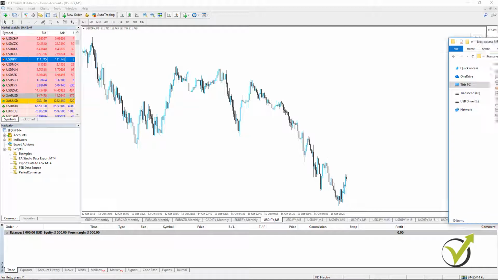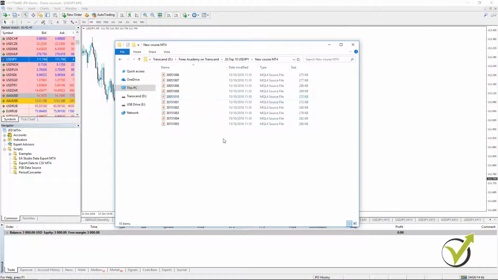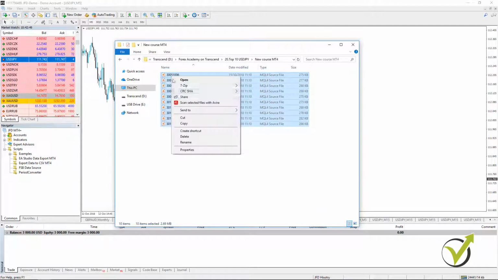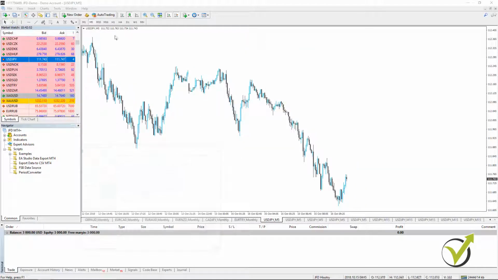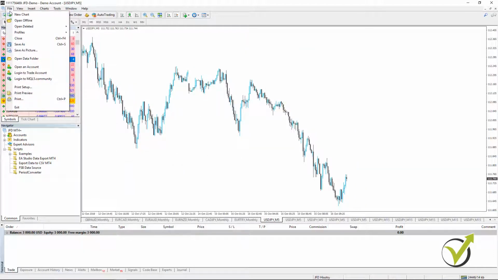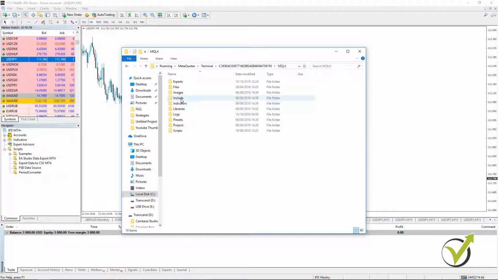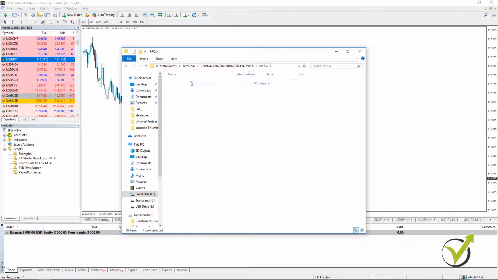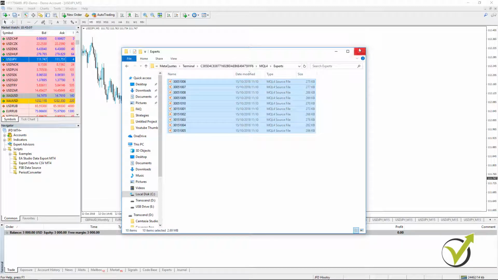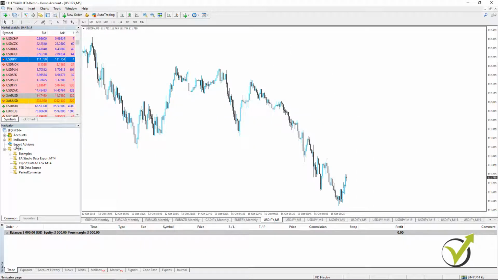So once you download the expert advisors, what you will need to do is copy them and go to File, that you see on the left up corner, and you go to Open Data Folder, and then you go to MQL4 and you go to Experts. So this is where you need to paste the expert advisors. Close this folder and right mouse over Expert Advisors and click on Refresh. This will force the MetaTrader to compile the expert advisors.